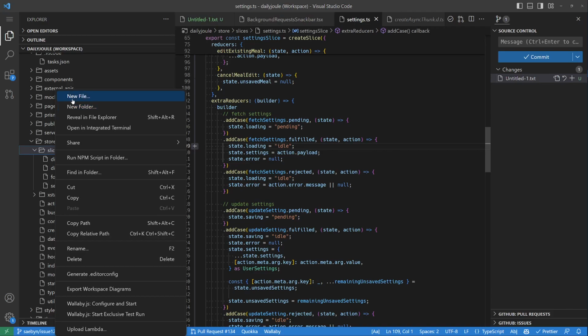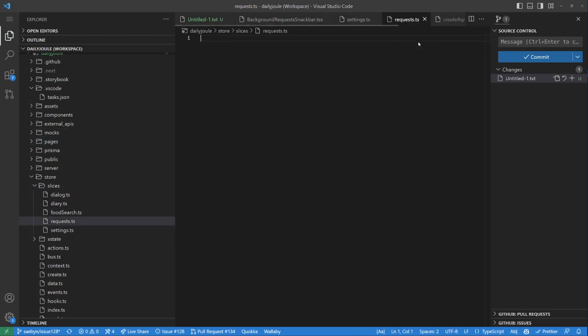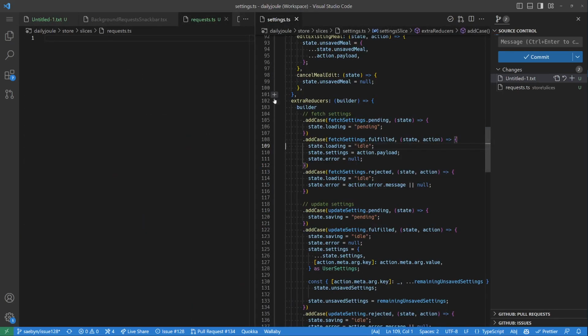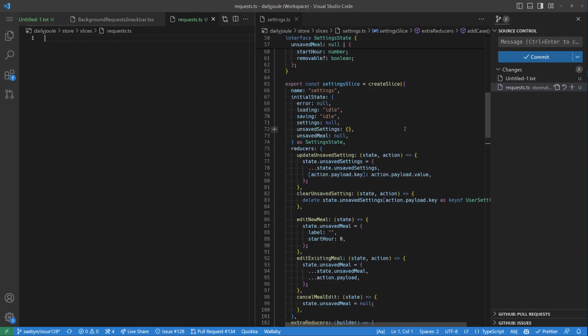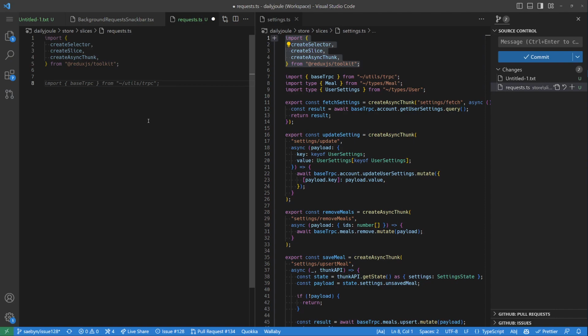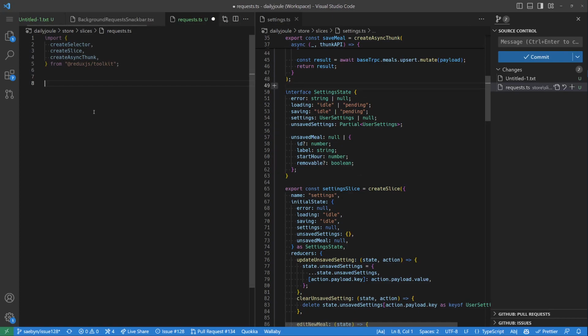So we can add a new slice called requests, and then I'll do the typical thing of just putting these side by side so I remember how this should be structured. I don't probably need some of those things. Yeah, that's a good attempt, Copilot, but let's see. So we want to interface